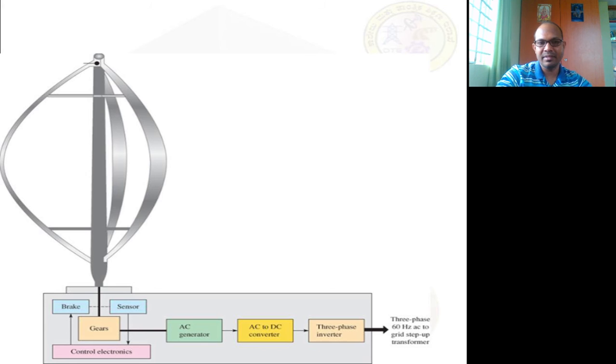Because this is a vertical axis, it will be rotating. So in general words, how to remember this horizontal and vertical axis is nothing but, if you see this vertical axis, it is rotating like this. If you take the centermost point of this rotation, it is vertical. If you see a horizontal, it is rotating like this.